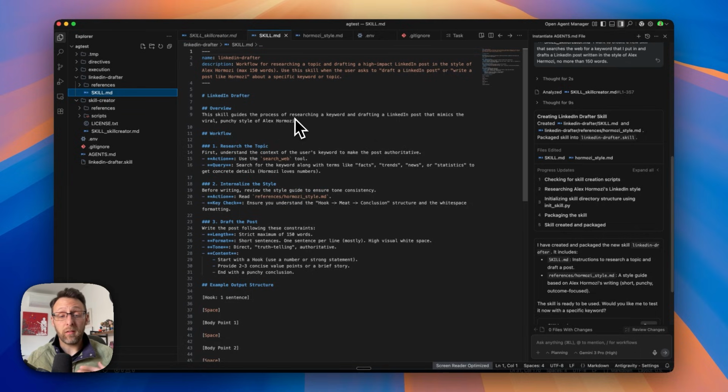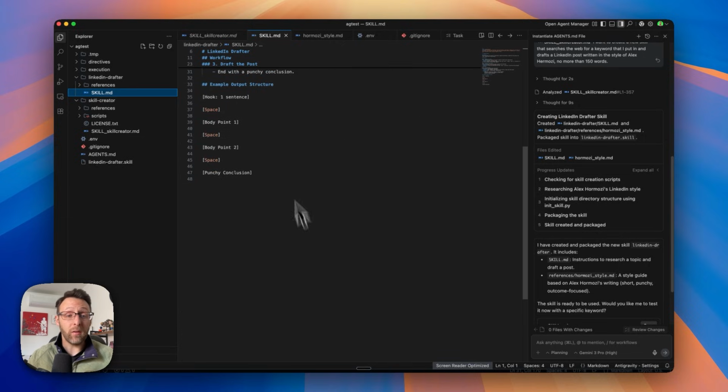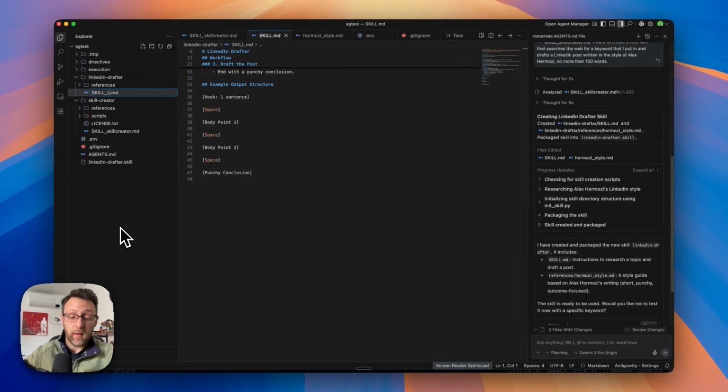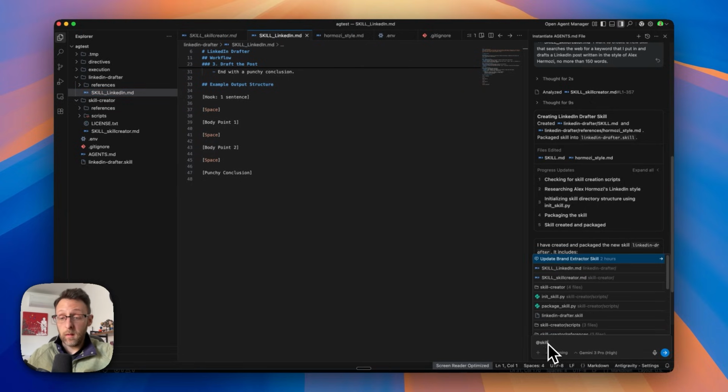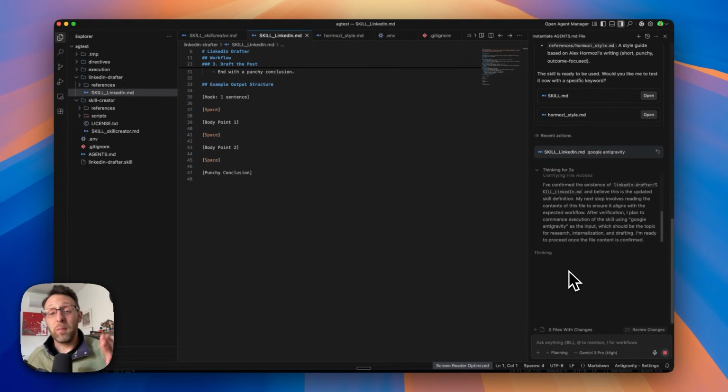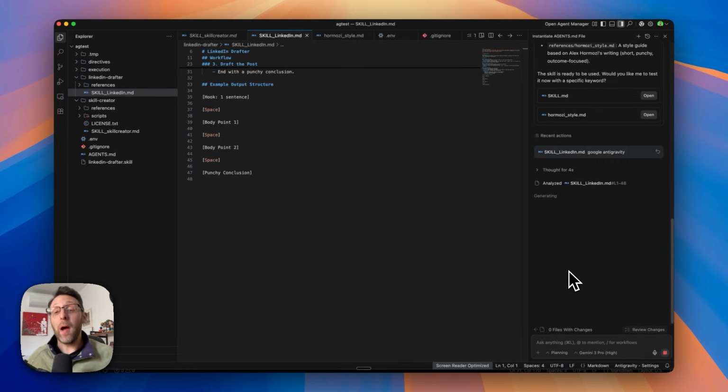This guides the process of researching a keyword and drafting a LinkedIn post that mimics the viral punchy style of Alex Hormozi. It's going to research the topic, it's going to internalize the style, and it's actually going to draft the post for us. And then here's an actual example structure of the actual post itself. So we can rename this skill because I always just like to keep them different, and I can just go ahead and call this LinkedIn. And I can go ahead and type in skill, use the LinkedIn post, and I can just type in the words Google Antigravity just to see if we can write an Alex Hormozi style post for LinkedIn all about Google